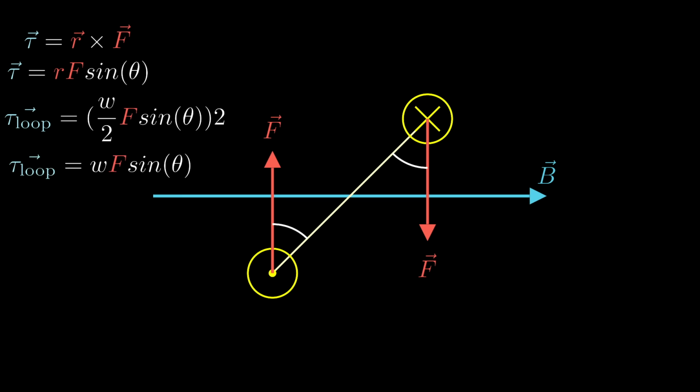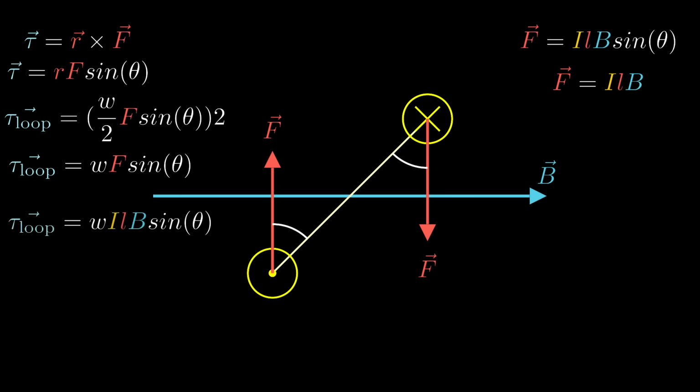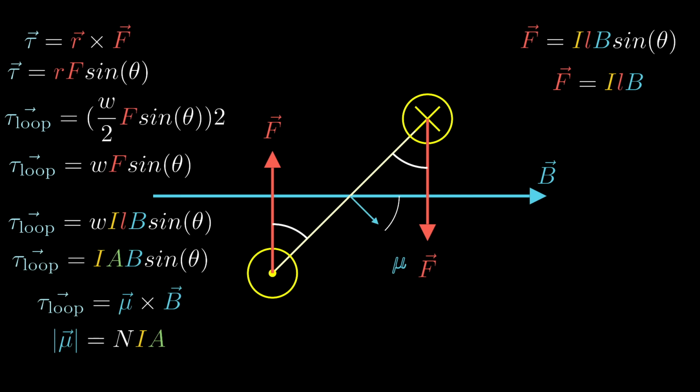Now, the force we've seen before is IL cross B. And since our magnetic field, which points to the right, and our current length, which points out of or into the screen, are perpendicular, then F just becomes ILB. Now notice that width, or W, times L is the same as the area of our loop, so we can rewrite it like this. Now lastly, we'll define a vector called mu, which has magnitude I times A times N,